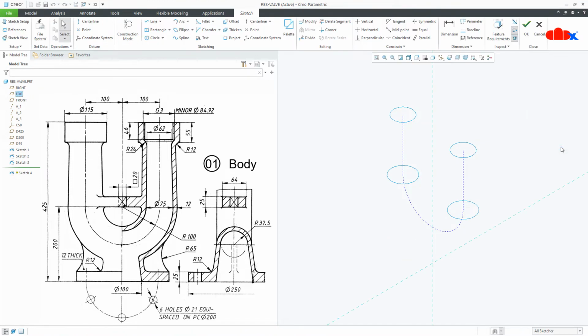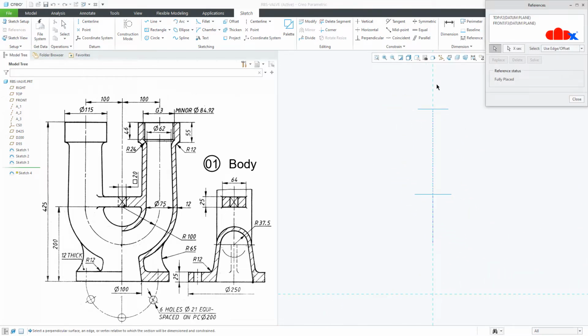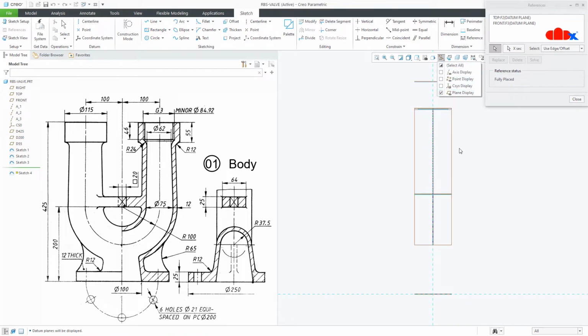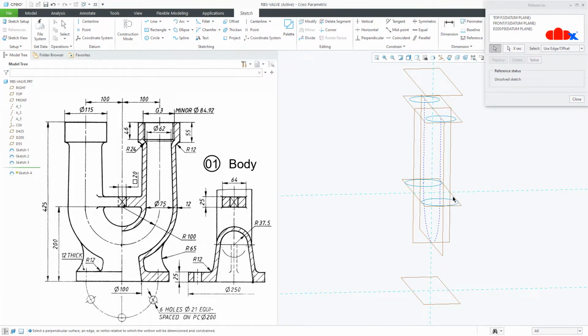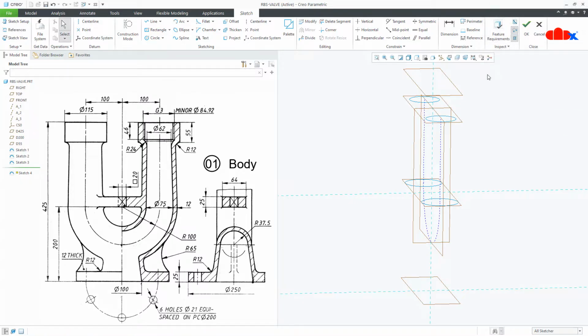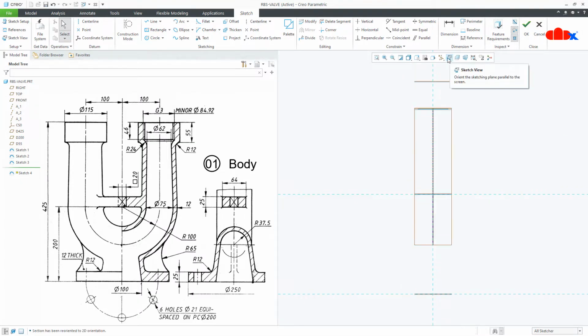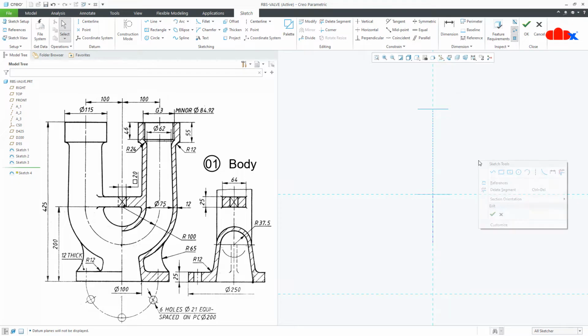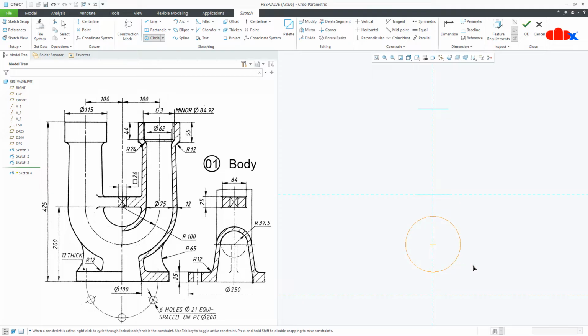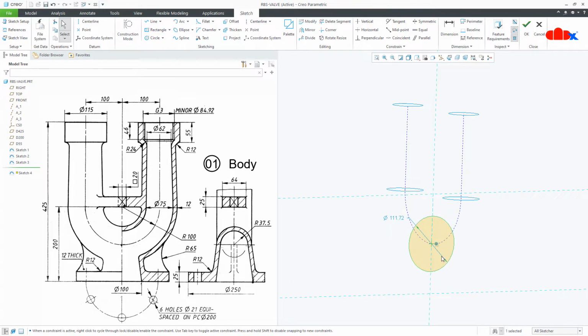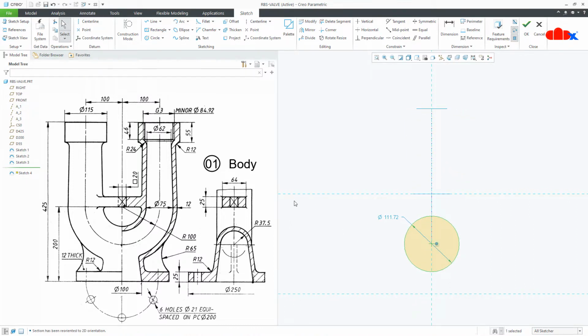Say sketch, normal. Now go to the reference, switch on the datum plane, select this datum plane as a reference. Now draw the circle at this point, this point. Now place a datum center line onto this reference.